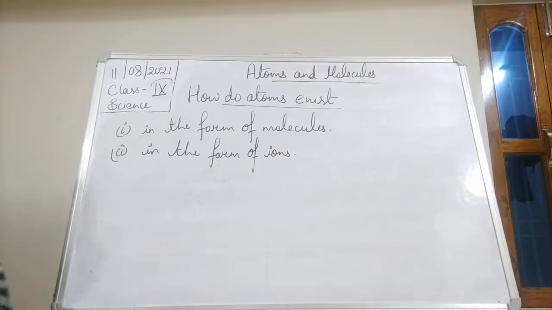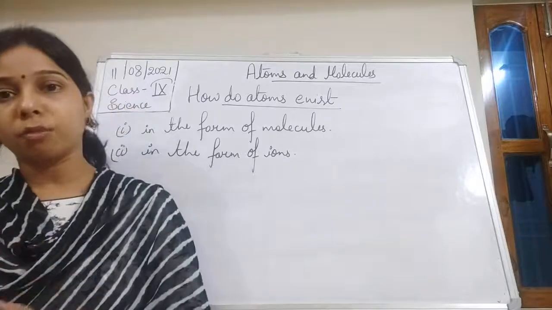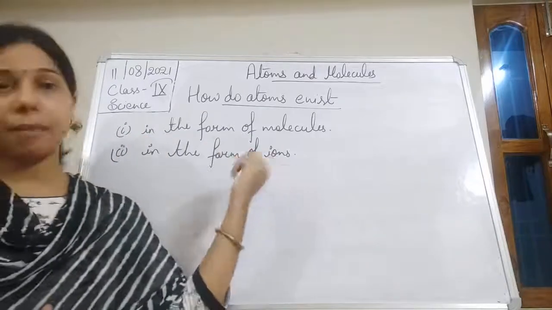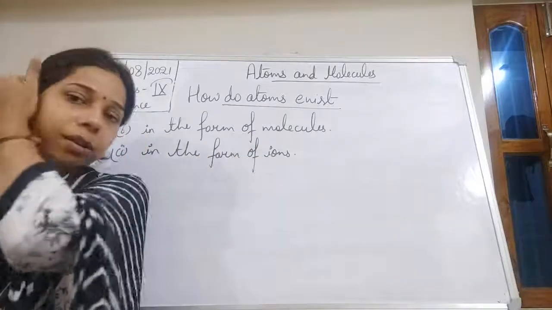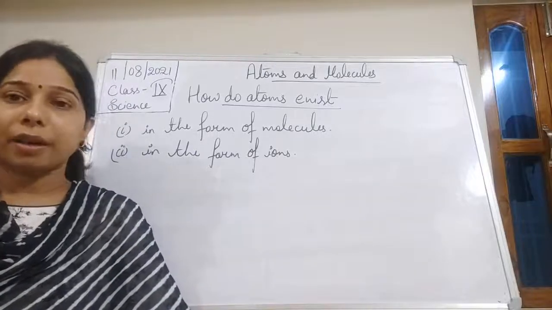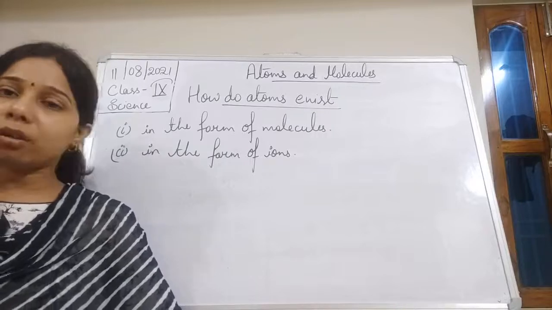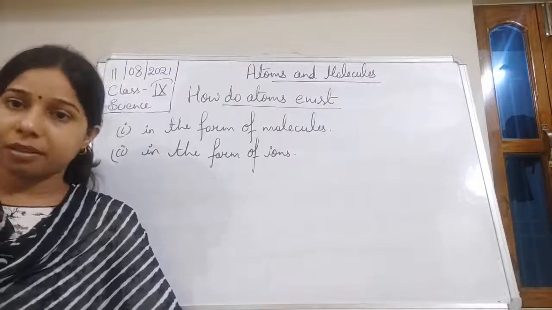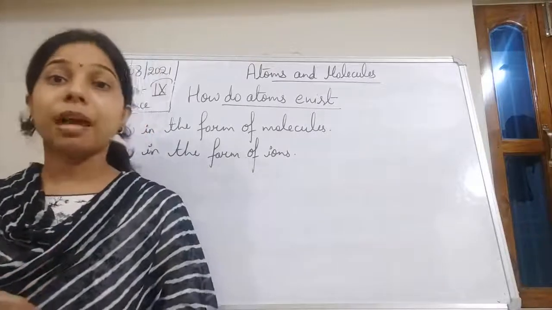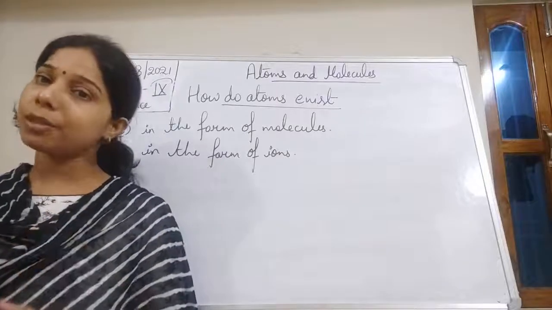So we can say here that generally when atoms combine together, they form a molecule, or even ions combine together. The atoms also exist in the form of ions, which combine together to form the molecule or the compound. Now you see, students, we cannot see an atom because atoms are really very small. But yes, a collection of a lot of atoms makes a molecule, and a collection of a lot of molecules makes us able to see the thing.